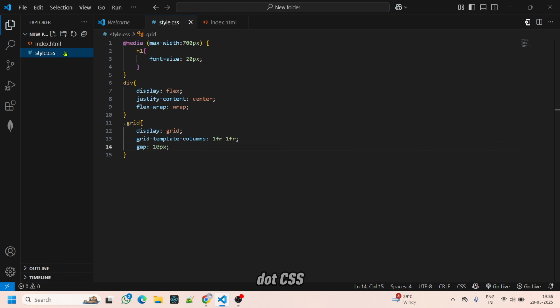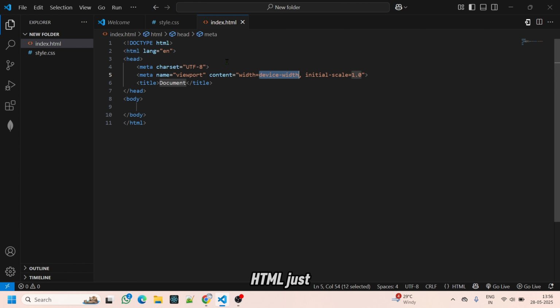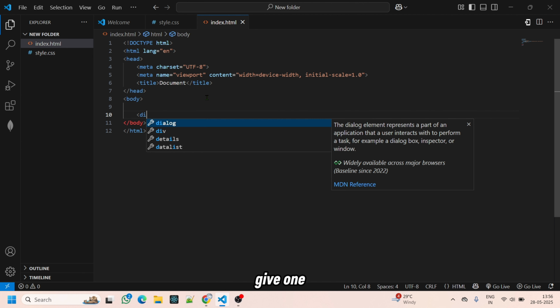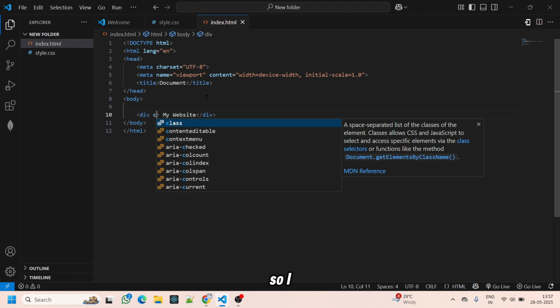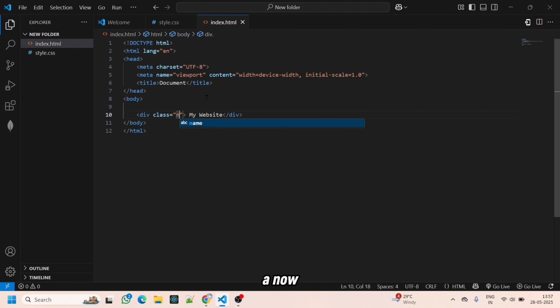So this is style.css. We have index.html. Just take the HTML structure. Within this structure I'm going to give one div tag, naming it as my website. So I will take a class name like navbar,